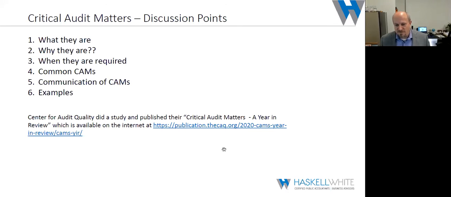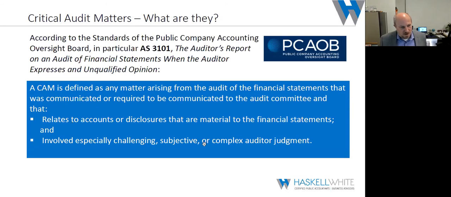I didn't actually put any example in here, but we can point you to a lot of different companies that are out there. I do want to acknowledge a source of a lot of this information. There's actually a very good study that the Center for Audit Quality just put out in December, about a week ago. It's their year in review paper on critical audit matters. The link is there. As one question was asked already, we'll send the slides out to you and the link will be live, so you'll be able to go right out to that. It's fairly interactive and you'll see some of the information that came out of there. So without further ado, let's just get right into what they are.